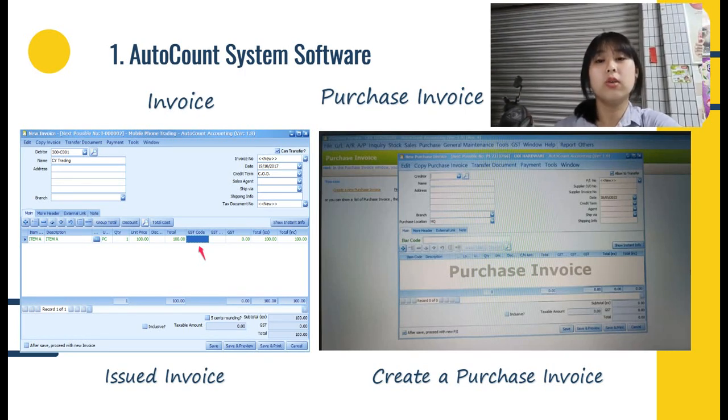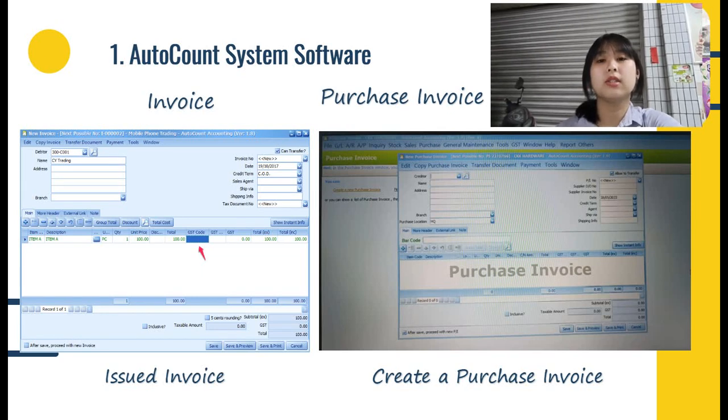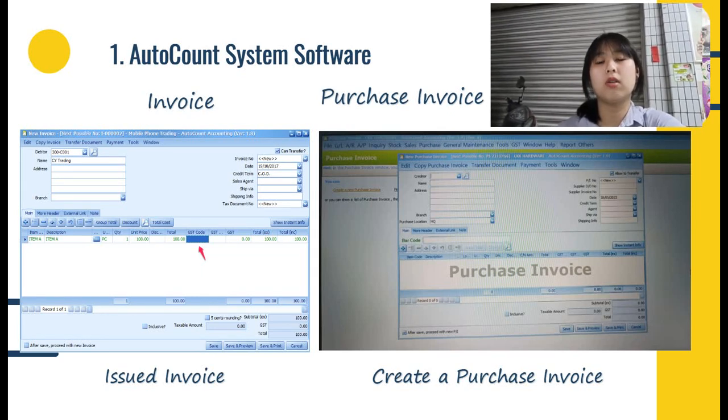To create a new invoice, first key in the debtor account or debtor company name. Insert the delivery order number as a reference number. Next, click on the plus button to add the item code and change the unit price